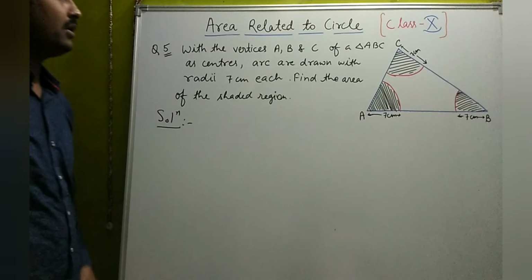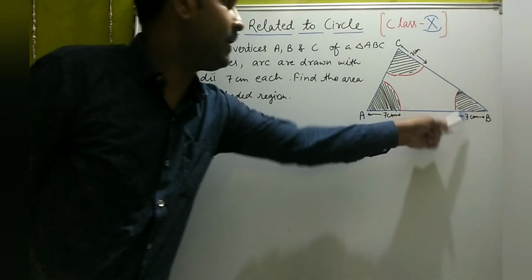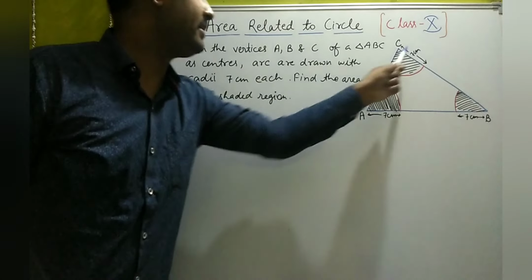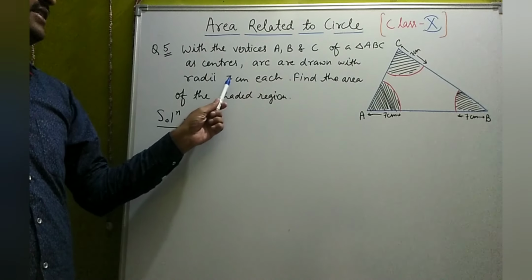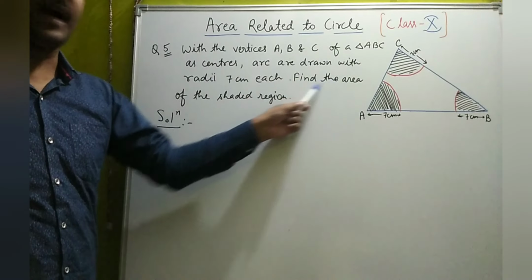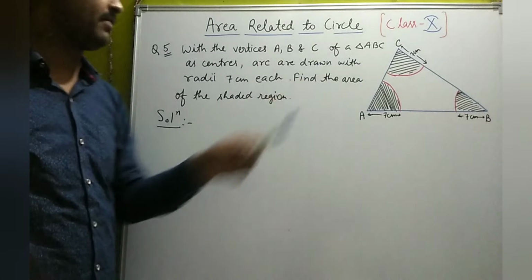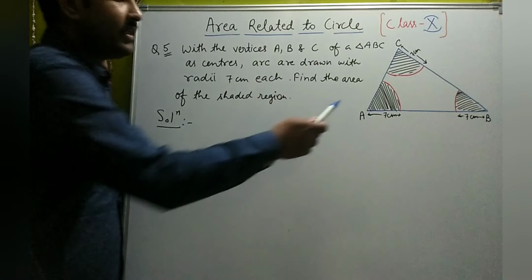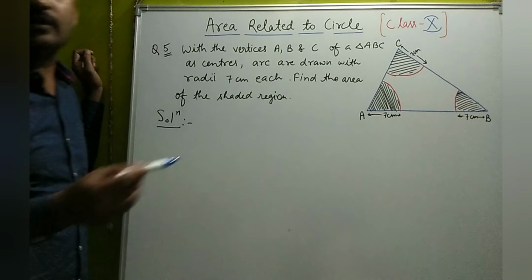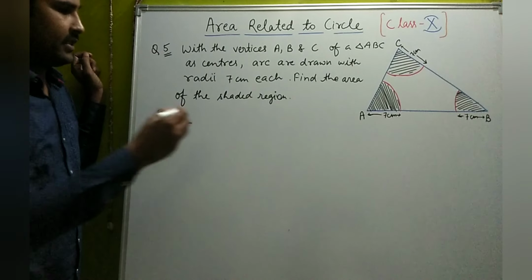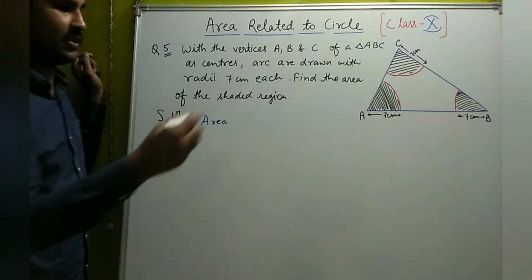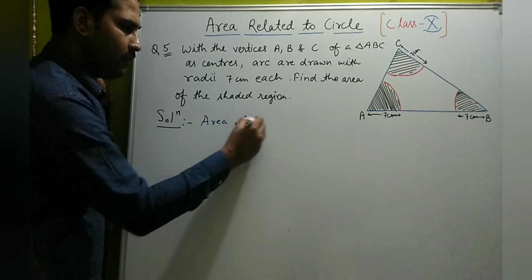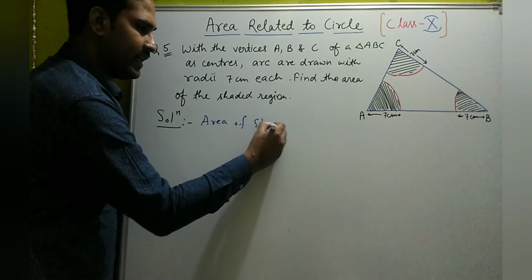In the next question, with the vertices A, B and C of a triangle ABC as centers, arcs are drawn with radii 7 cm each. We have to find the area of the shaded region. So here we can see that these three shaded regions are actually in the form of sectors. So the area is obtained by adding all the three sectors together. So the area of the shaded region